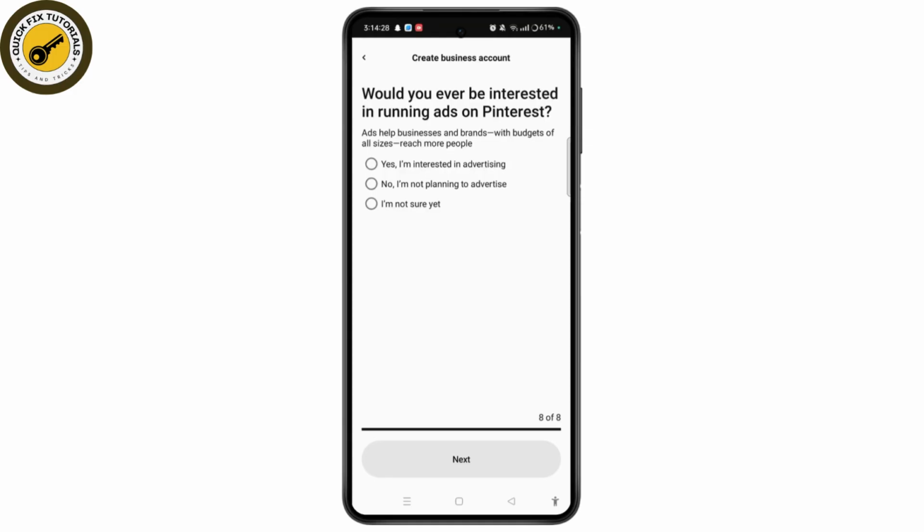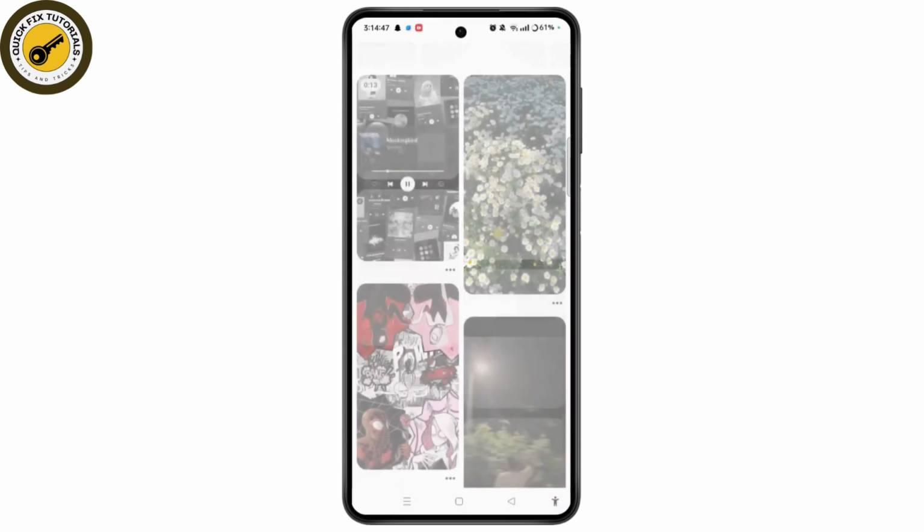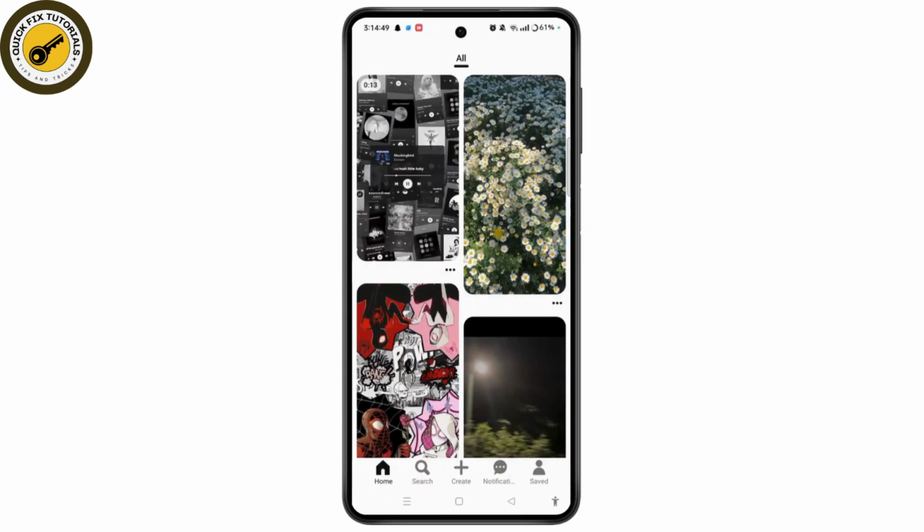If you wish to run ads on Pinterest, you can simply choose any option like yes, I'm interested in advertising, or if you haven't planned yet, then you can select no, I'm not planning to advertise, or if you are not sure, you can select I'm not sure yet and tap on the next button. Once you have completed all the steps, your personal account will be easily converted or changed to a business account